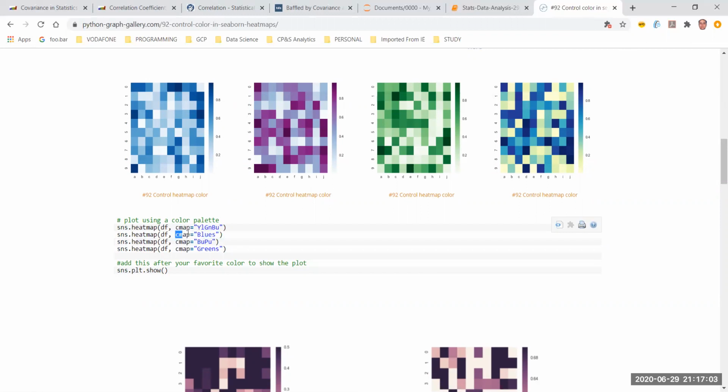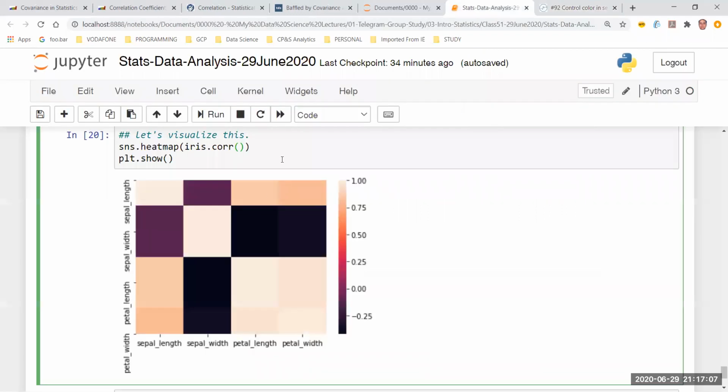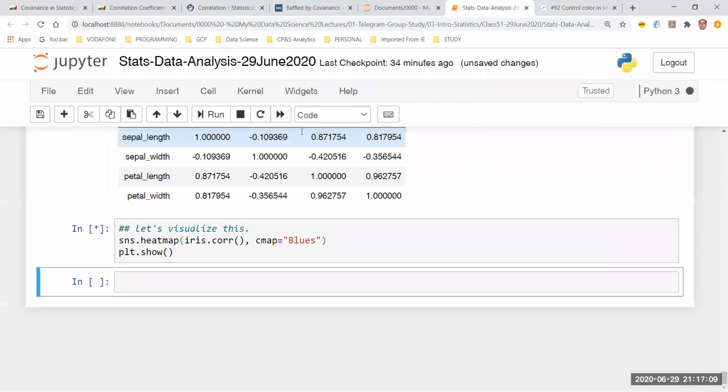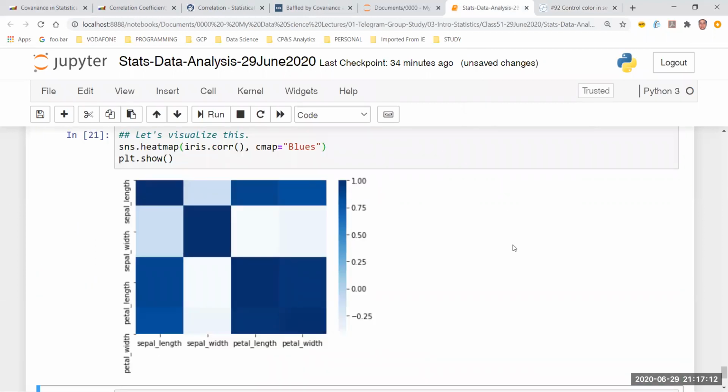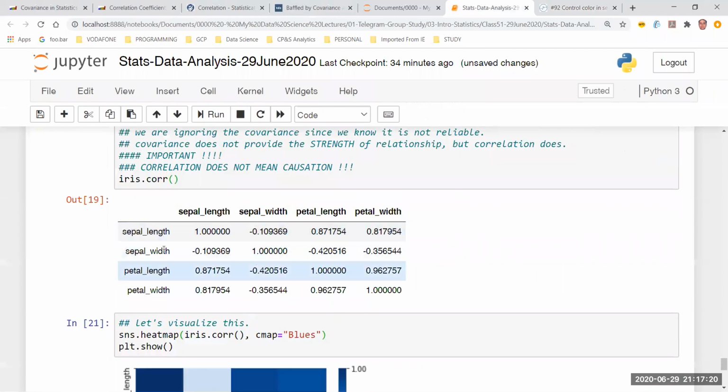Okay, let's see this one. I think this one will be good. Okay, I'm just trying to find out the correlation of variables. This looks at least better than the last one. I'm just trying to find out the correlation between the variables, but I'm not able to find correlation of these